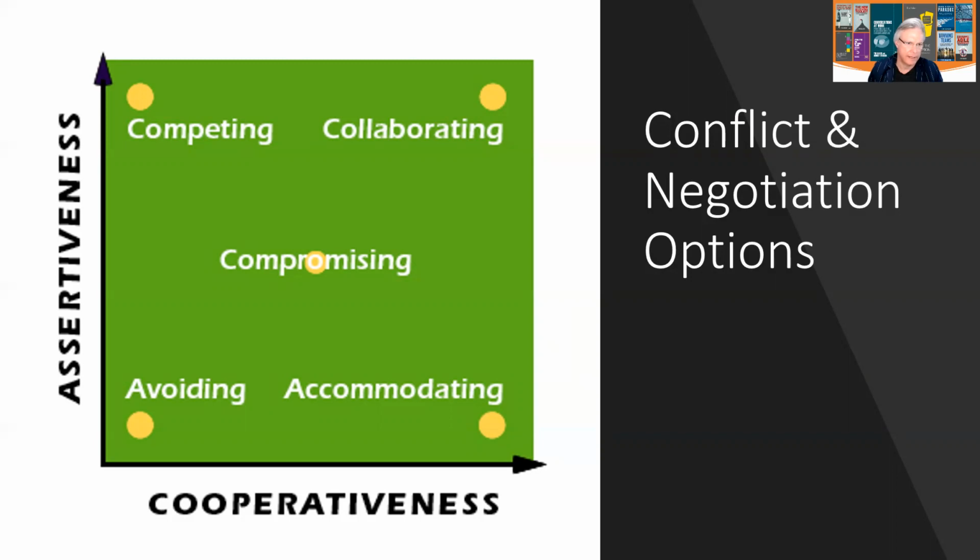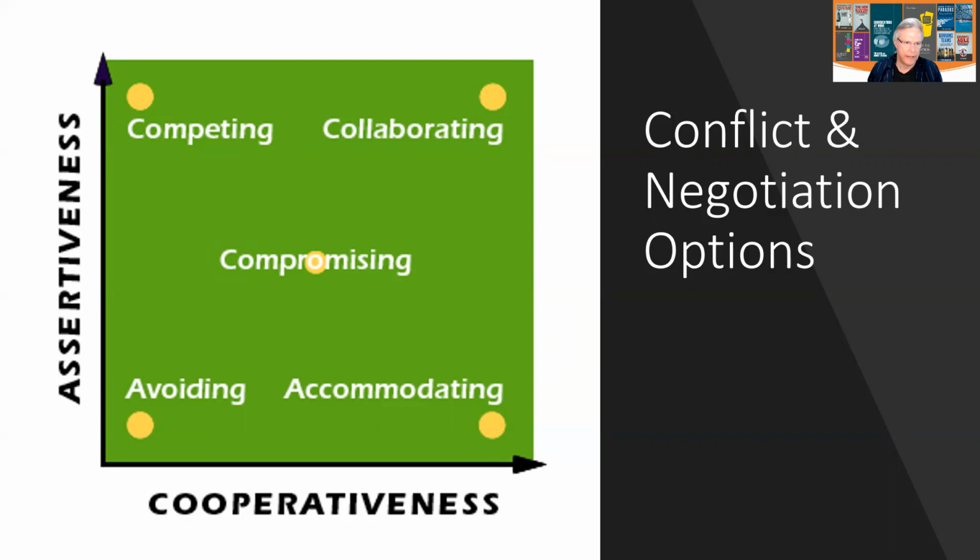Now, if we go up to the top left-hand aspect of the model, you can see competing. Now, competing, as you can see, is high on assertion and low on cooperativeness. When you compete, it's basically a win-lose or a lose-win paradigm. So when you're competing with someone, you're attempting to win at the expense of the other person. Now, there's a time and a place for that, but ultimately, in order to compete, you need to be quite assertive. You need to state your position and what you believe in. But of course, when you're competing, you're not being particularly cooperative, are you? So therefore, it's low on cooperativeness, but high on assertion.